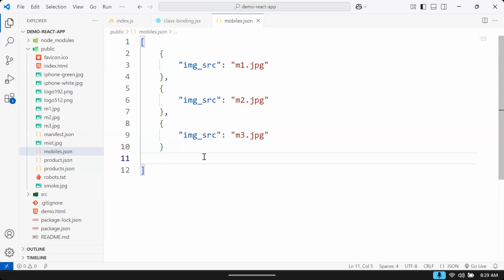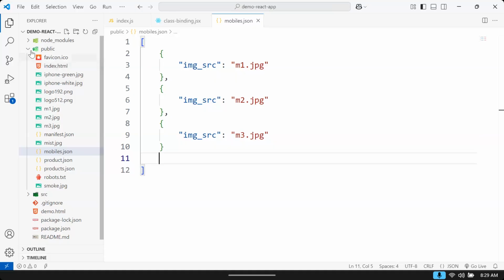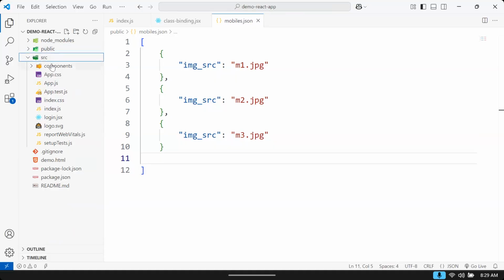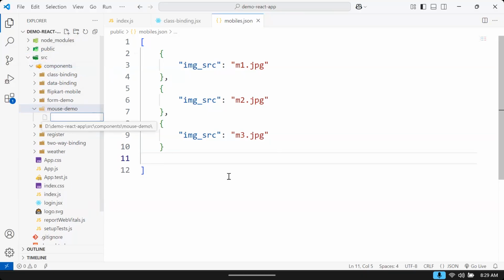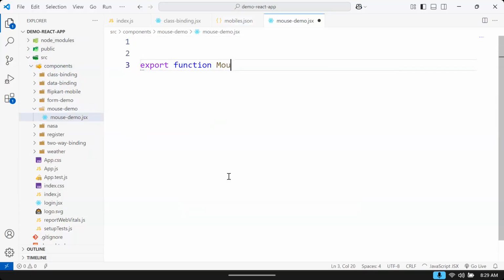Actually, it is an array of what? Array of objects. Every object has a property called image source. Okay, let's use this and implement. I will go to components and add mouse demo. I'm adding mouse demo.jsx, export function mouse demo,